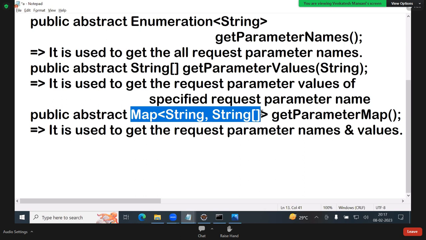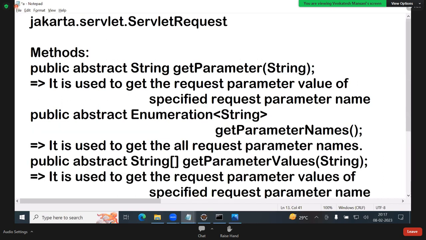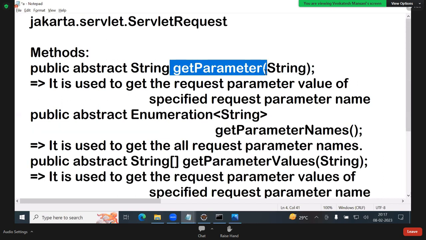All these programs I taught in the core Java class. About that, one class I have taken: only Map.Entry, iterator. The two-dimensional collection will be converted into a one-dimensional collection, which will be iterated. After iterating, whatever you want, you can perform. And for 100 fields it is also the same code. But if you use the other one, 100 lines you have to write. So if a huge amount of data is there,